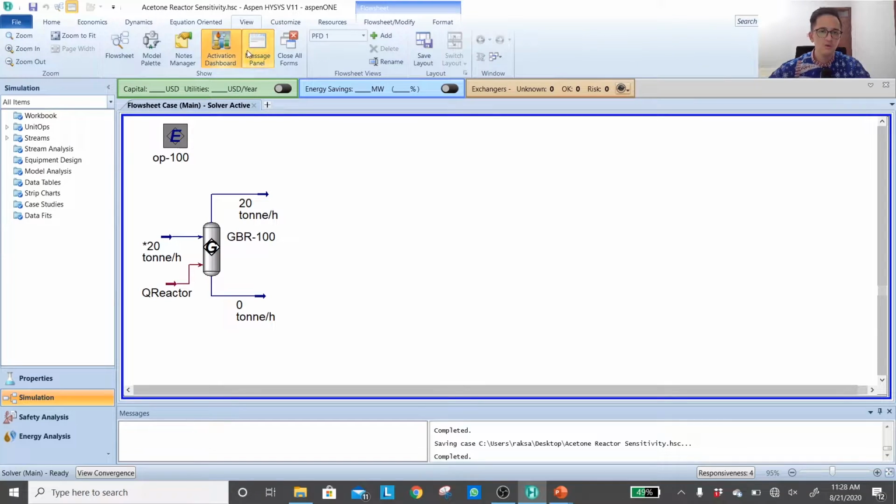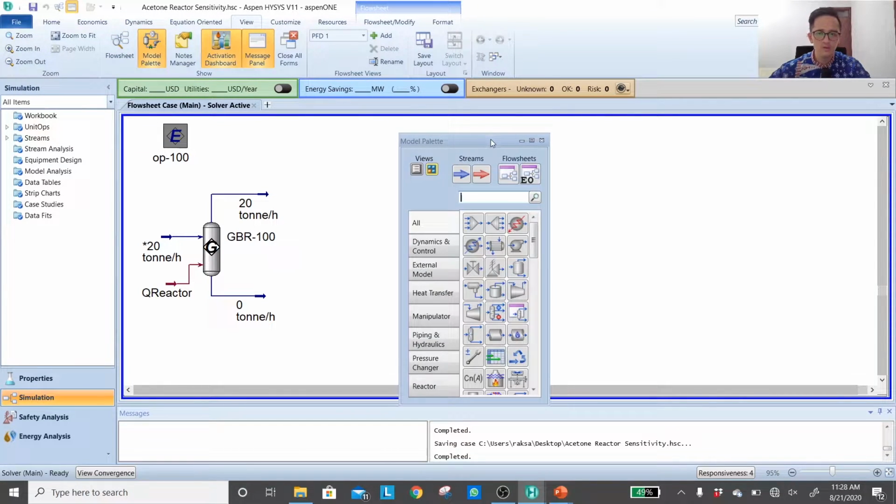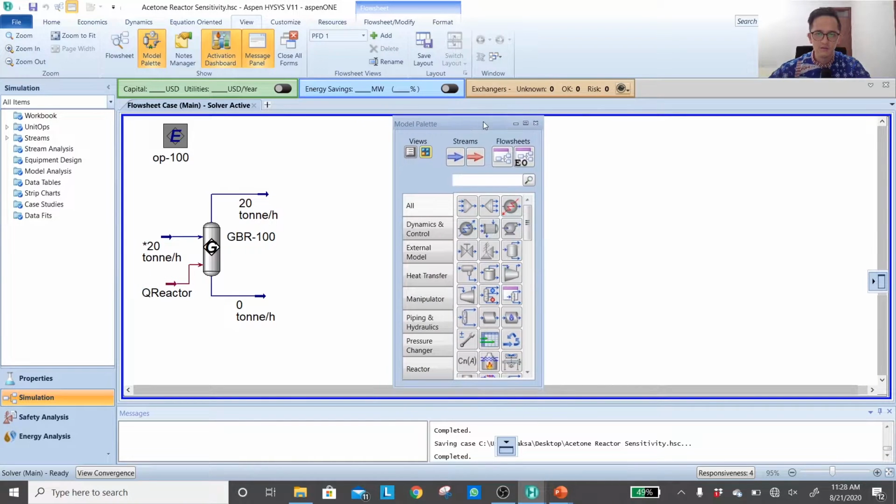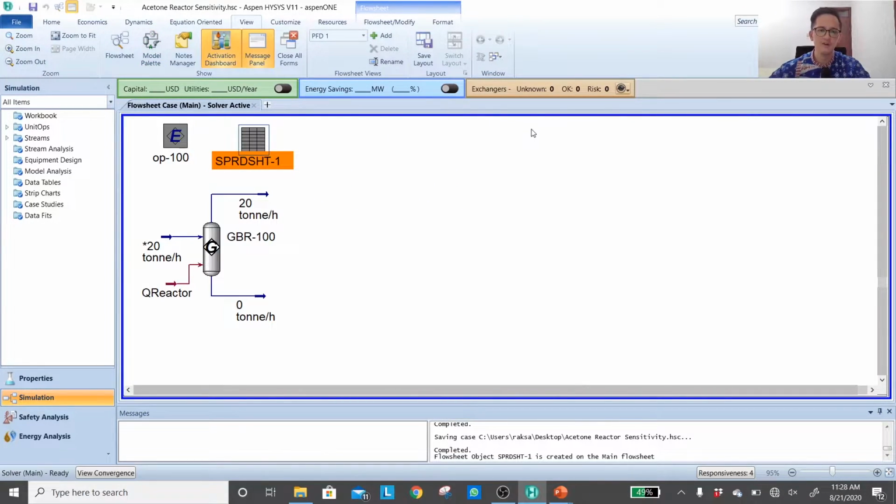So even to calculate the conversion, now I will use another feature in this. So you see the table over here, a spreadsheet. It's like having a spreadsheet, like Microsoft Excel, directly in HYSYS. So without identifying the reaction stoichiometry, I still want to calculate the conversion of this reactor.